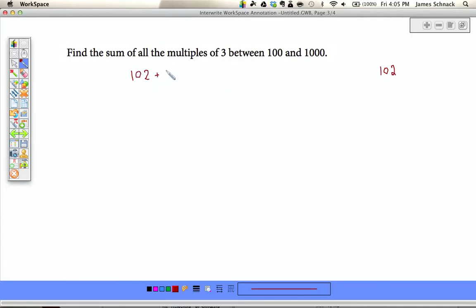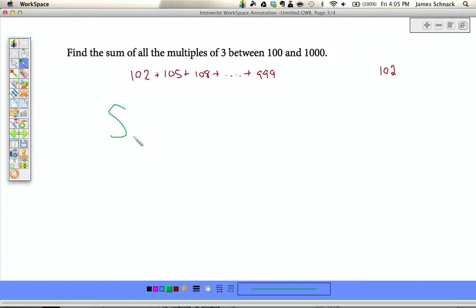102 plus, well, the next one would be 3 numbers away. 105 plus 108 plus dot, dot, dot, all the way up to the biggest multiple of 3 that is 1,000 or less. Well, it's 999. So this sum,